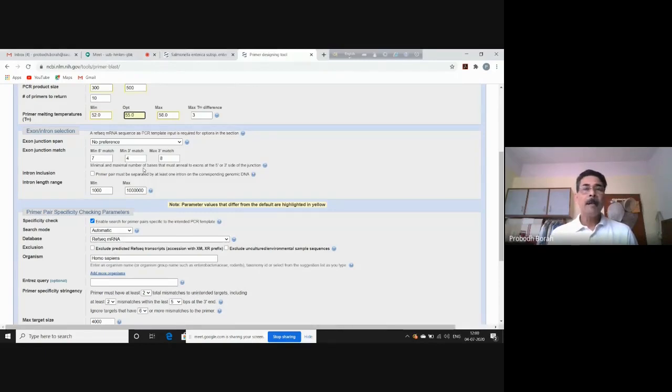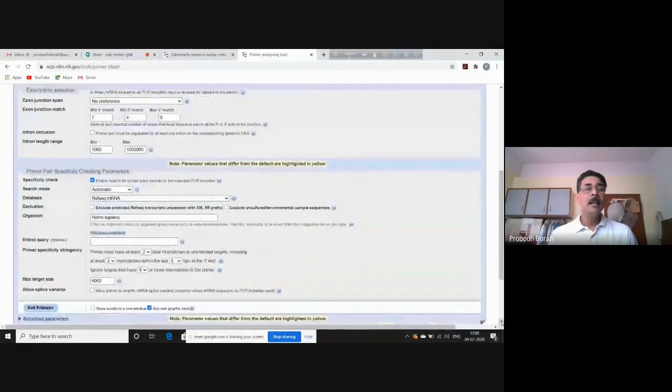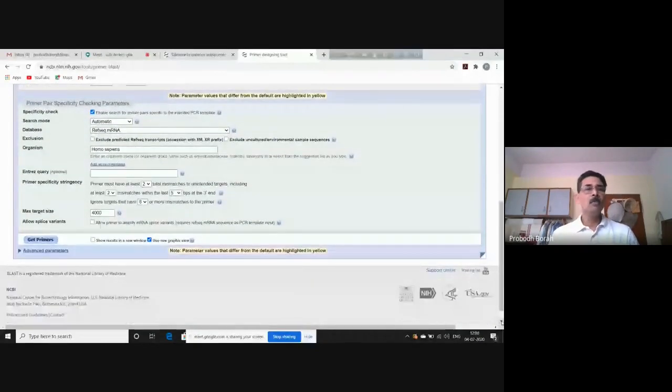So the primers are normally designed against the exon sequences only, coding sequences only. So you have to specify the exon junctions if you are taking a eukaryotic DNA for primer designing. But in our case, we are dealing with a bacterial DNA. So there is no question of setting the exon junction, because this does not arise. In bacteria, the entire gene sequence is a contiguous coding sequence. So we'll leave it as it is.